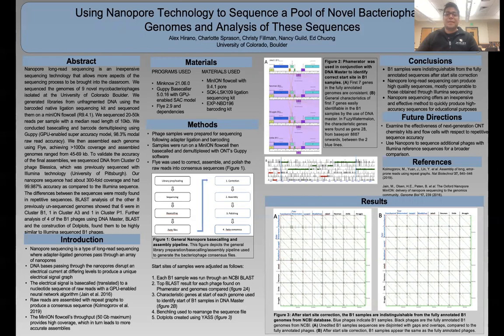into a genome. And the biggest reason we use nanopore is the fact that it's actually cheaper and it's a lot quicker to use than sending it all the way to Pittsburgh for Illumina sequencing. And we wanted to see if potentially this could be something that could be used here at the University of Colorado to assist in the understanding of the C-phage bacteriophages.